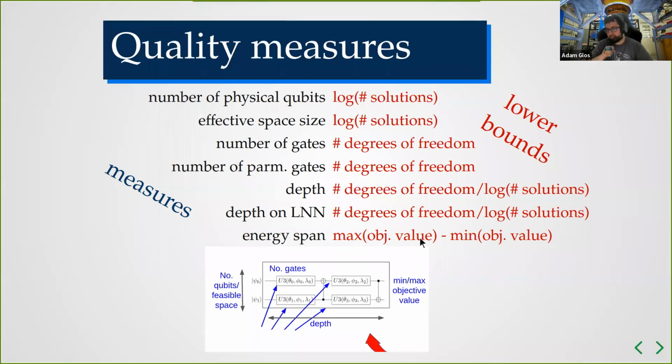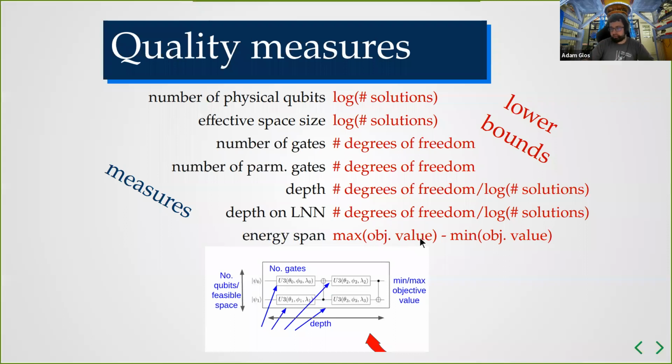It's a little bit less obvious what to do about the depth. In our case, we just take the following. If we can apply gates in parallel, like on the IBM machines, for example, and we know the minimum number of gates, and if we can reach the minimum number of gates and qubits, then the minimum depth would be the number of gates over the number of qubits. This is not really perfect, because the more qubits we have, the more you could bring this down. But if we are minimizing the number of qubits and gates, this is a very good lower bound for depth.